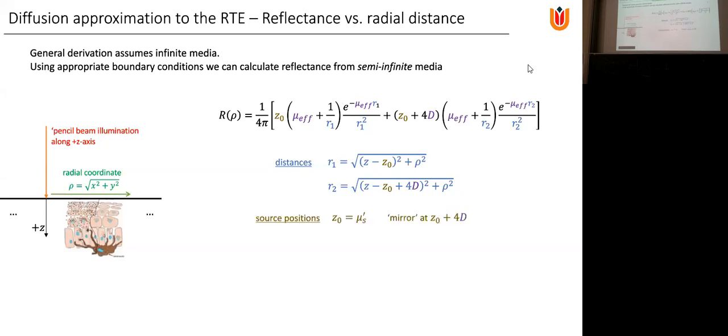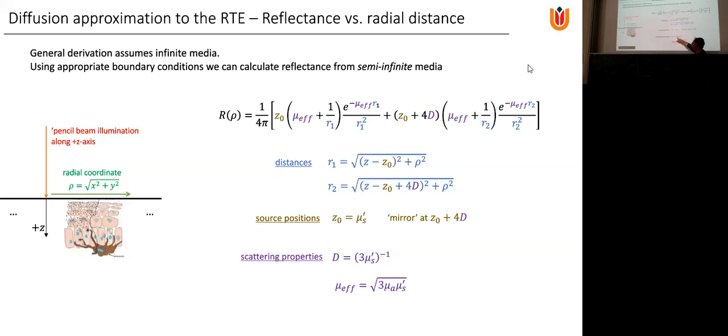That position z0 is where this equivalent source is located, and we're going to place that at 1 over mu s prime. And there's going to be this mirror source as well. To match the boundary conditions, we're going to place that at z0 plus 4 times the diffusion coefficient. It's really complicated. The point is this: